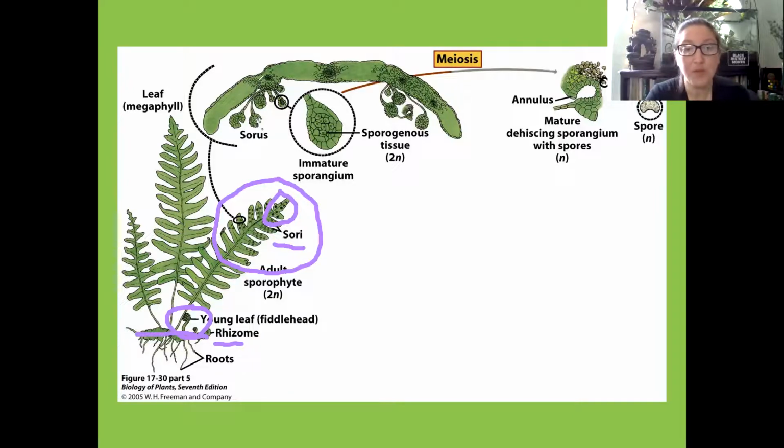Notice this, if we do a cross section through this leaf, here we can see one sorus, right? Notice there's no indusium in this species, so the sporangia are just exposed. See, here's another sorus. There's no little umbrella, right? Not every species has an indusium. Okay, here's one sporangium. It's on the bottom of the leaf. Eventually, it's going to,